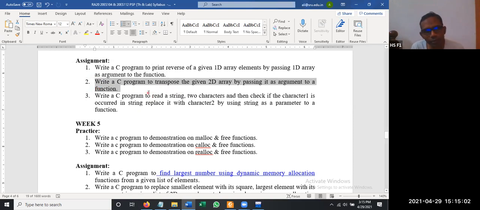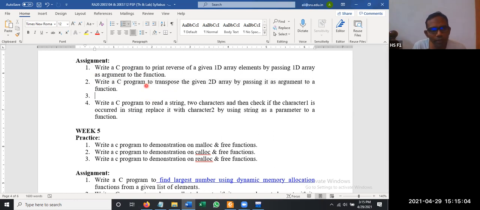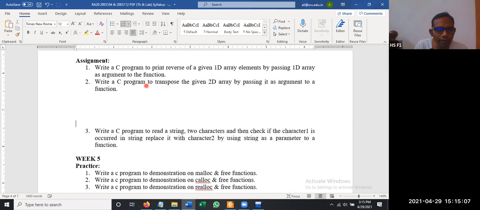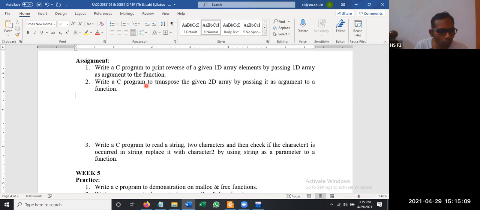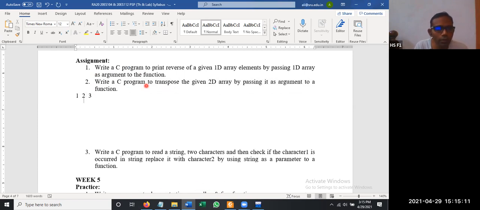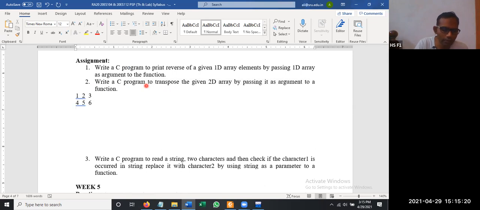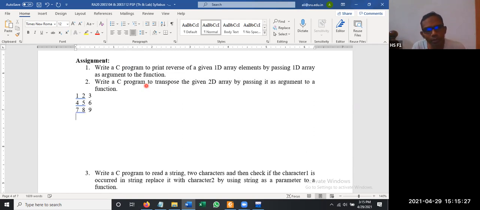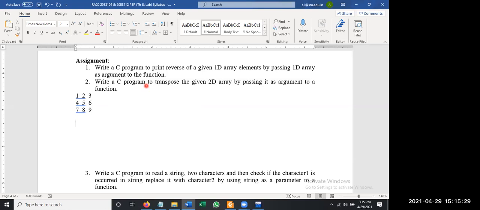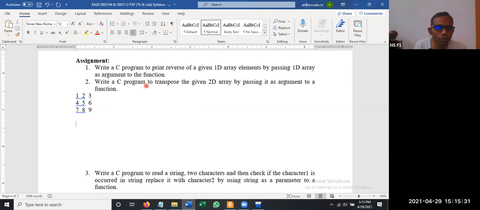Suppose we are having an array, so the values are 1, 2, 3, then 4, 5, 6, then 7, 8, 9. Suppose we are having this particular array. What is the transpose of this array? Can anyone tell me? Changing rows into columns. So tell me the answer for this one.